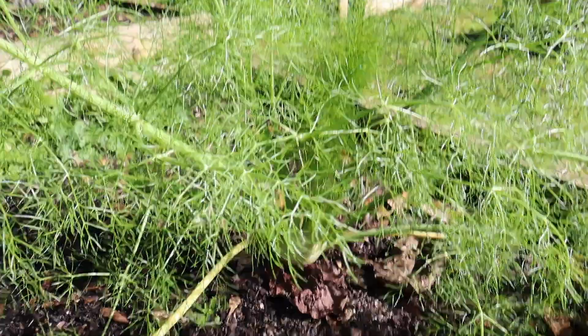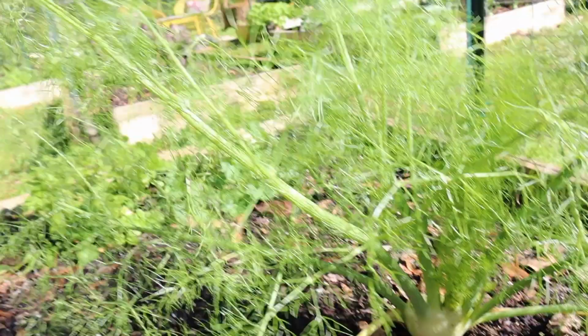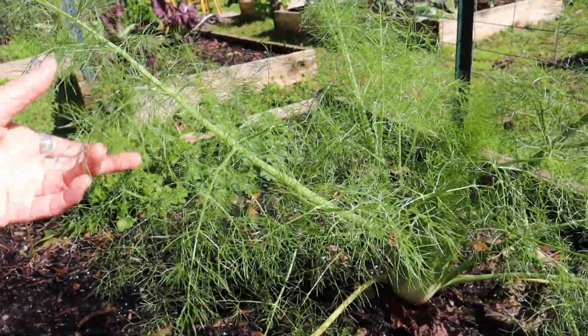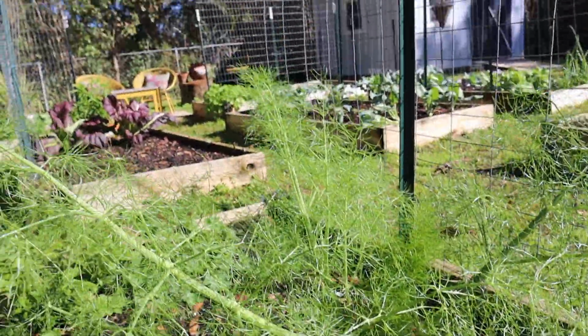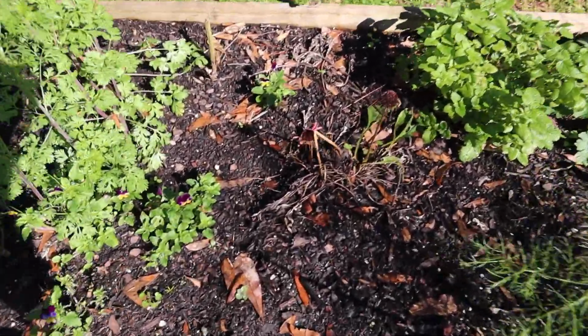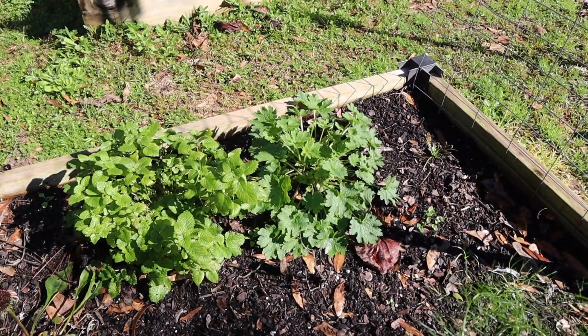So yeah, what do you guys think? Should I harvest it and use it, or should I save it for the butterflies? Do we think it would move gardens well? That's my other concern. I don't think it would move very well, so I'm wondering if I should just harvest it. I also have growing back here on this other side another little echinacea patch, some Chinese motherwort, and